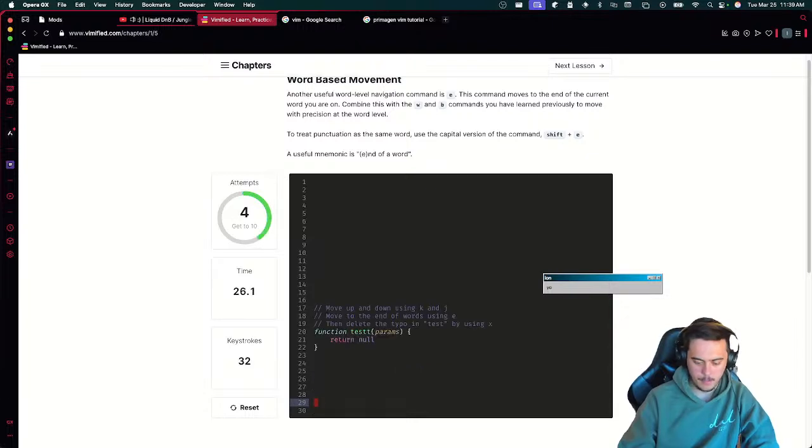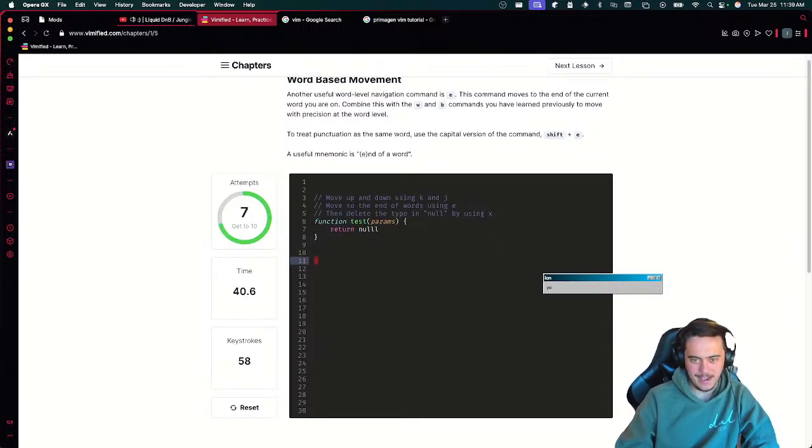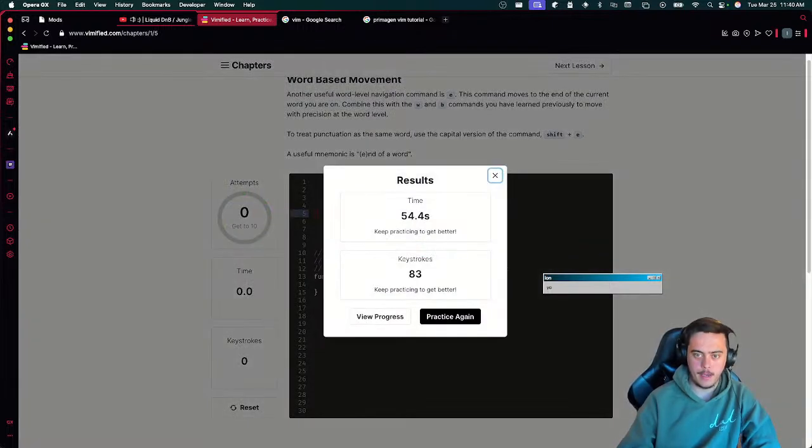Okay, just go up 10, and then go down, word, EX, 5, or 2, 4 up, word EX, and then we do word, null, delete that. Okay, and then we go up 4, 2 word EX, then we go down here, EX, we do 5 up, 2 word EX, bam.